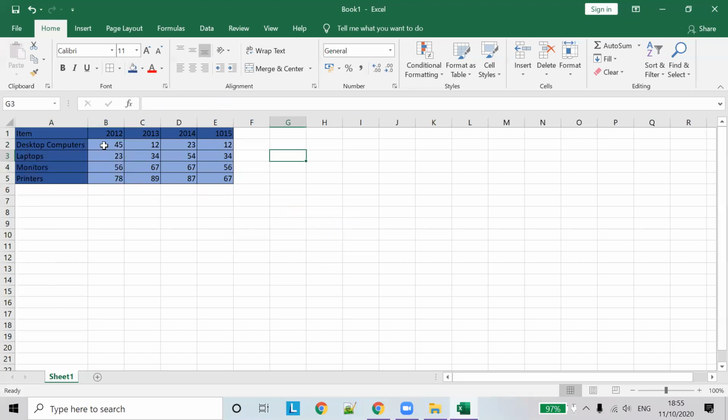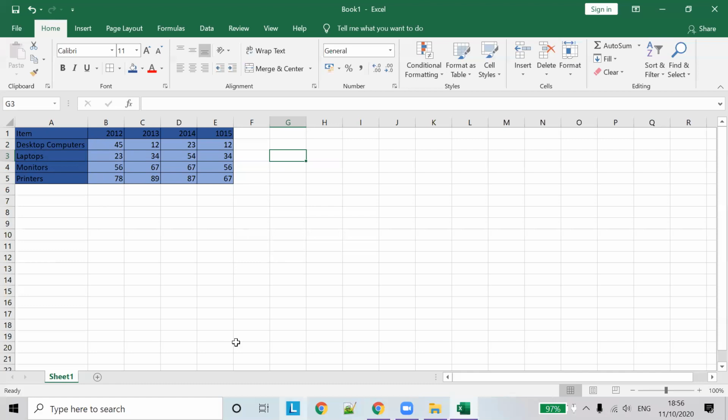We have different types of charts. We have a pie chart, bar charts, column charts, and a lot of other types available. First, let's see how to create a simple bar chart, a basic example.